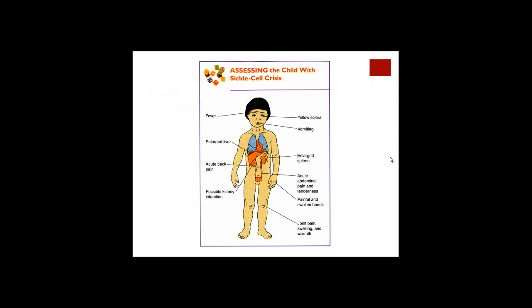This is the picture I was referring to, and my point here is that sickling can happen anywhere in the body. While I did say that the most common sites include the lungs, the spleen, and the brain, I think it's very important to be aware of all of the areas that can be affected. So if you think of all the organs in your body, I'm going to list a few of them here, but the spleen being one of the most susceptible sites